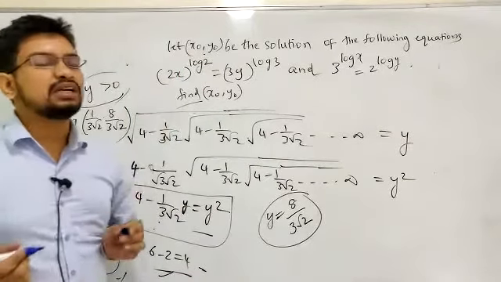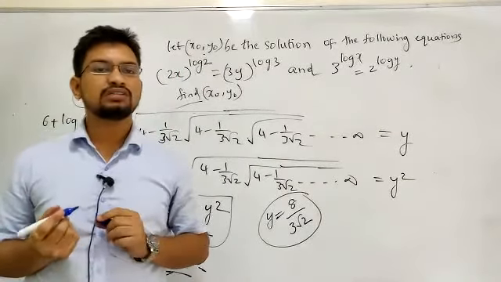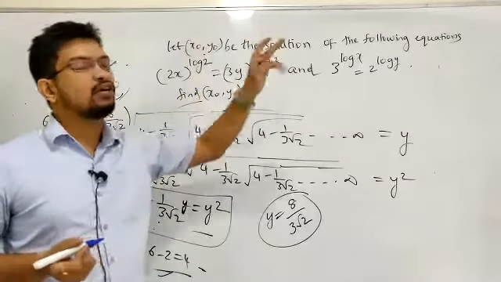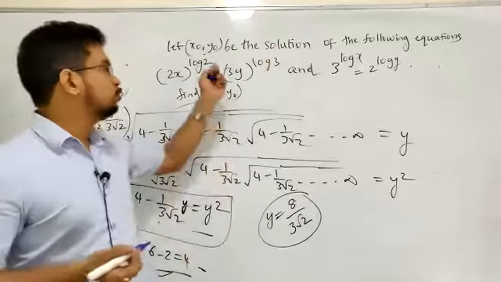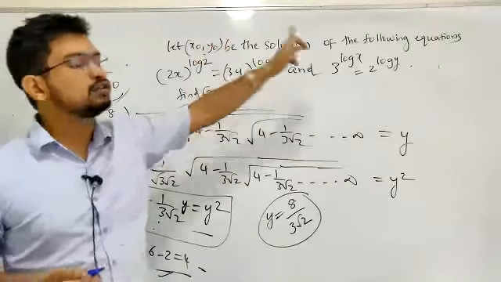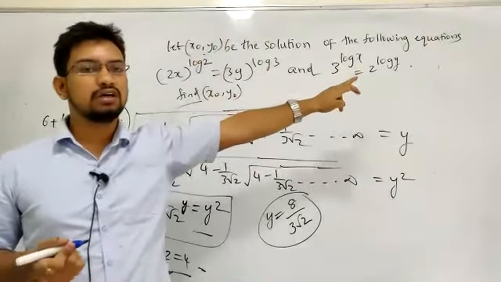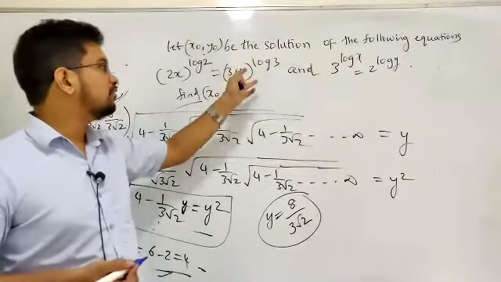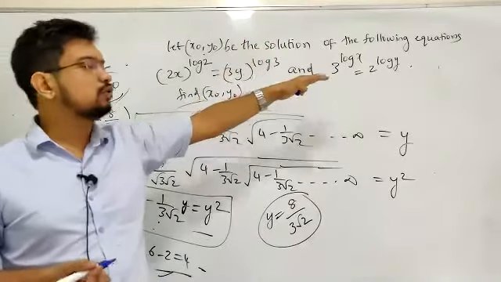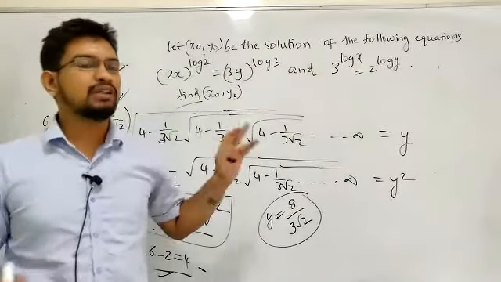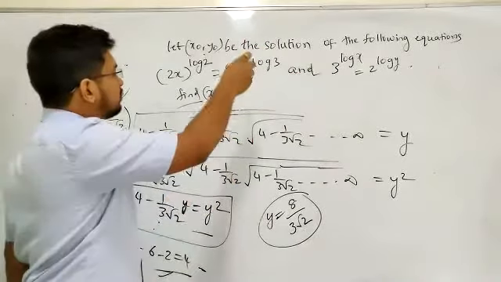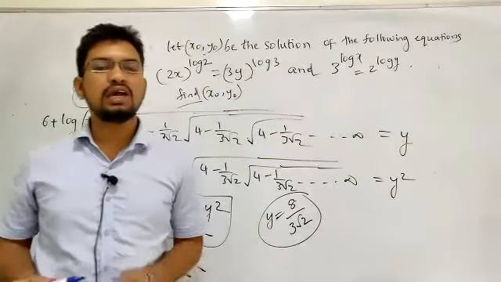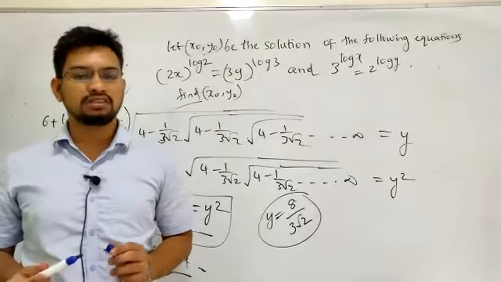These are called simultaneous equations. Yesterday I was talking about this. Whatever x naught, y naught solution you get, that solution must satisfy this equation and also, simultaneously, that equation. Only then will you call it a solution of such a simultaneous equation. If it satisfies only one equation, that will not be the solution of the simultaneous equation. Whatever solutions you get must satisfy this and also this.